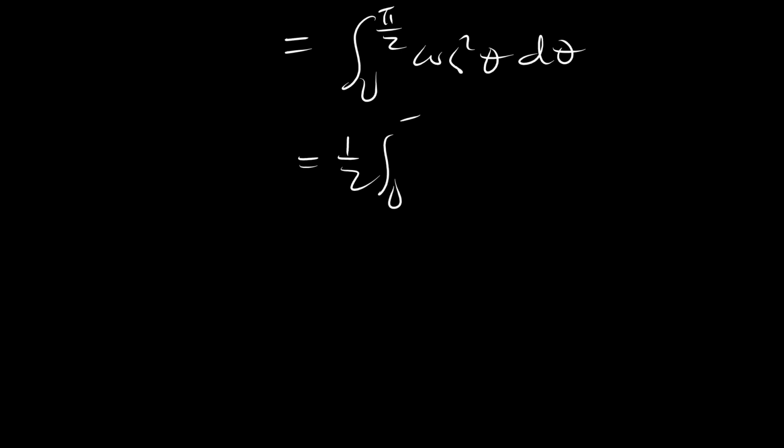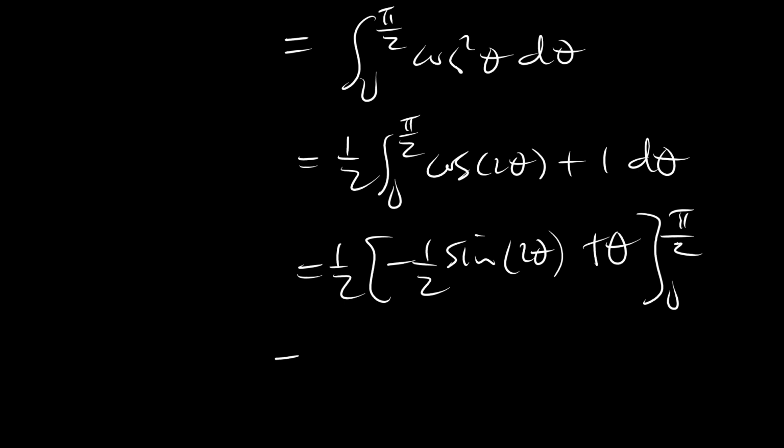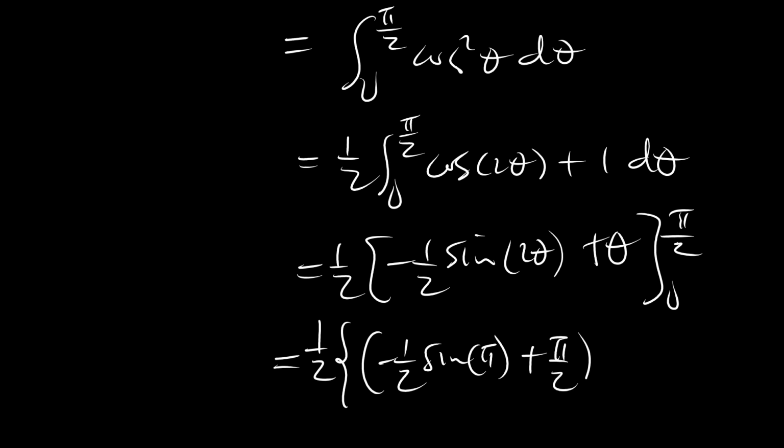which is now equal to the integral from 0 to pi over 2 of cosine squared theta, which is the same as a half the integral from 0 to pi over 2 of cosine of 2 theta plus 1, which equals a half sine 2 theta plus theta, which is equal to a half sine pi plus pi over 2, minus a half sine 0 plus 0,